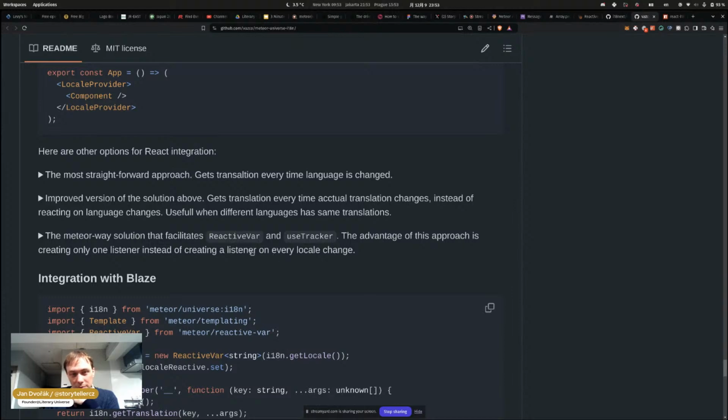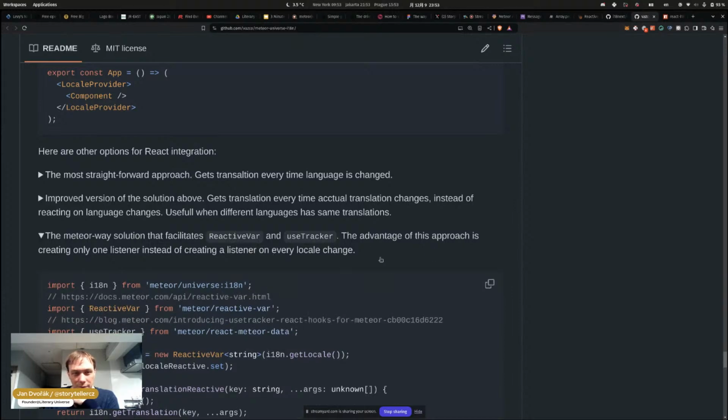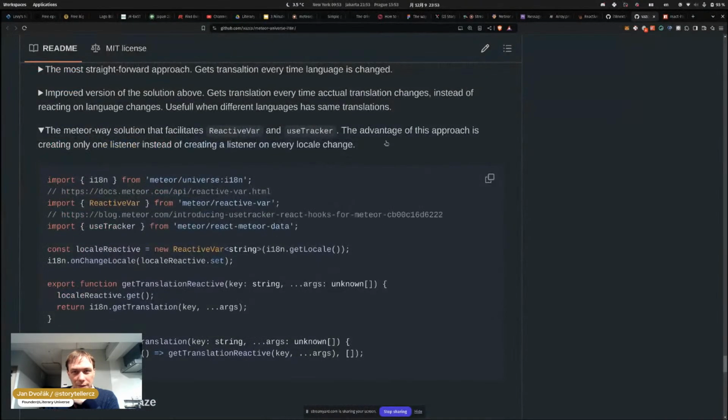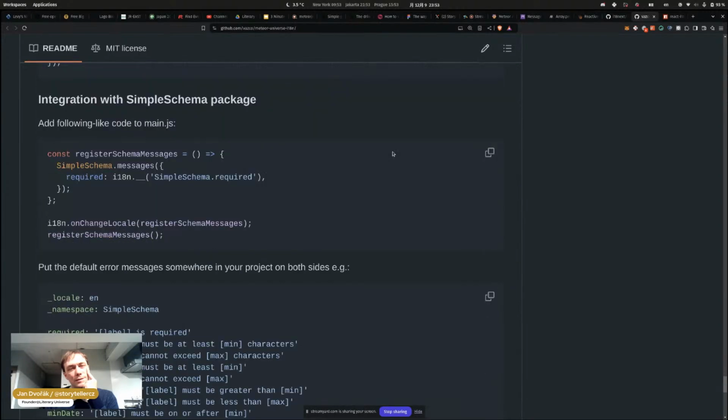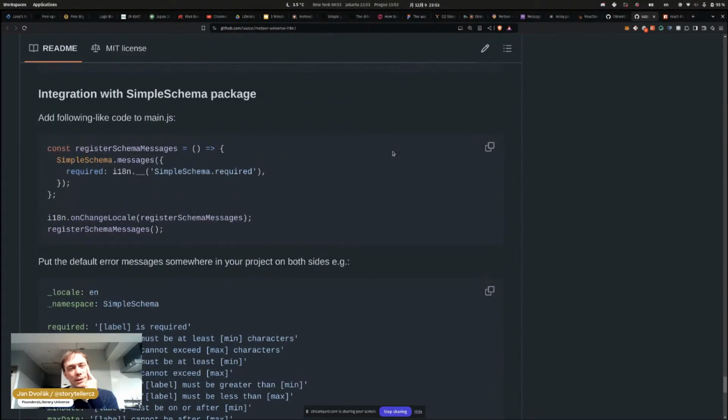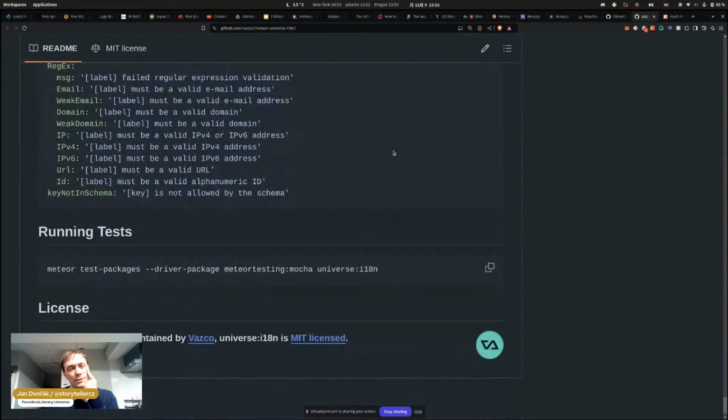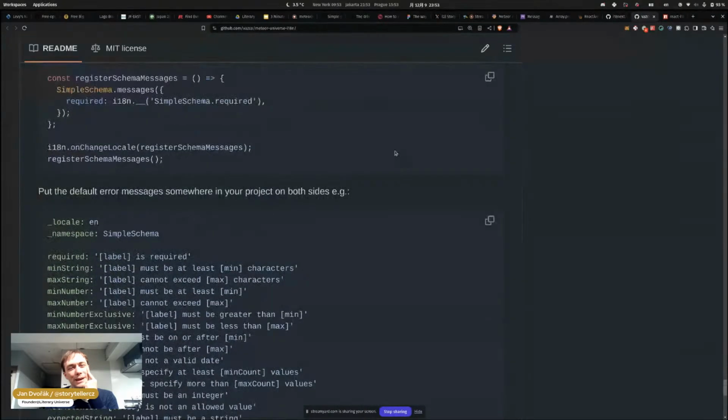And here we have something with reactive var and everything. The advantage of this approach is creating only one listener instead of creating a listener on every locale change. We have a simple schema. When I've used something similar in the past,